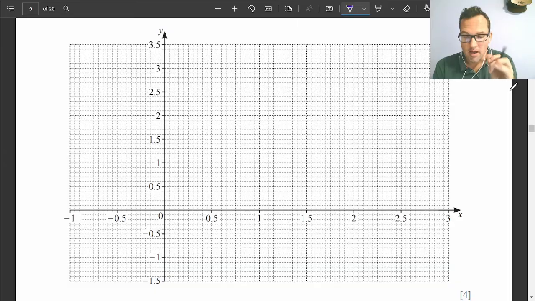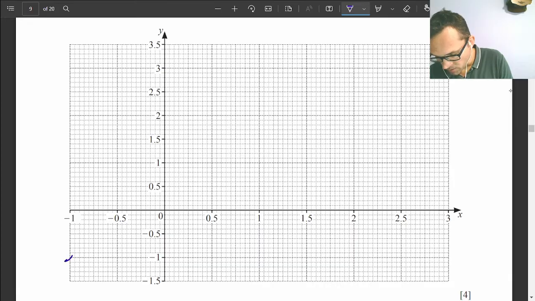Question 5b, let's plot those points. Make sure you work as accurately as possible. First point, minus 1, minus 1. Remember, along the corridor, up the stairs, or down the stairs in this case. Minus a half and 2.125 should be there. 0, 3, 0.5 and